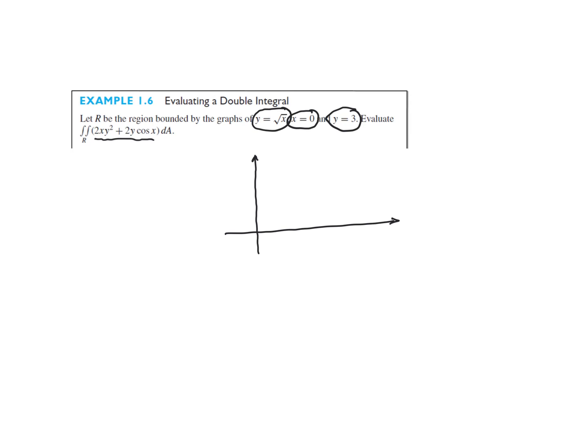So we have y equal square root of x, which is this curve. x equal to 0 is the y-axis, and then y equal 3 is the line which goes through this point, y equal to 3. So the region R is this region here,